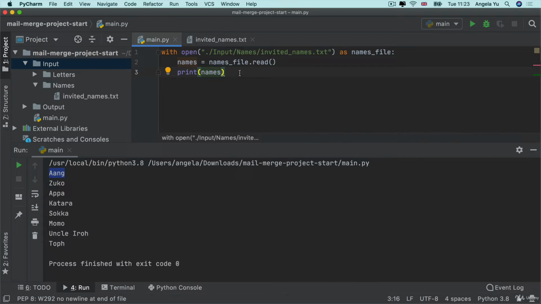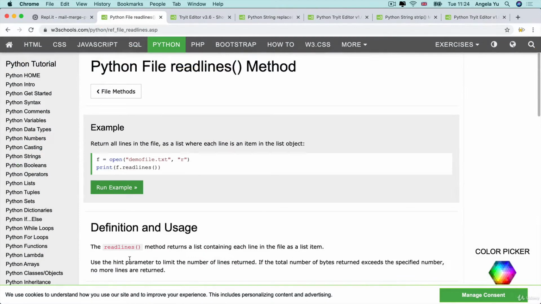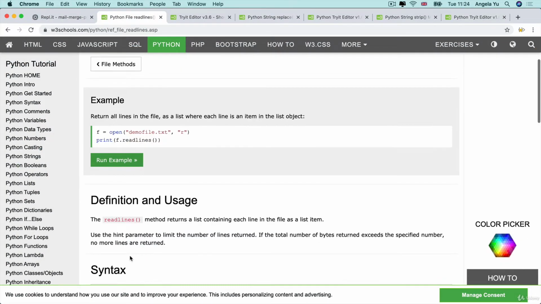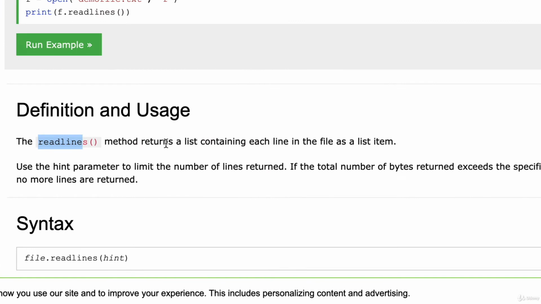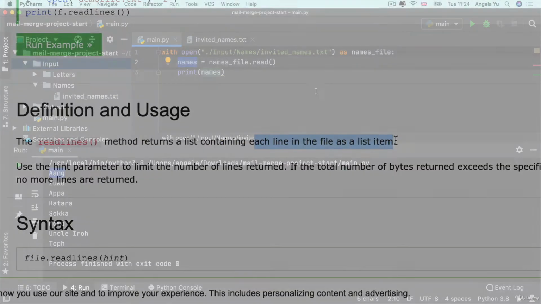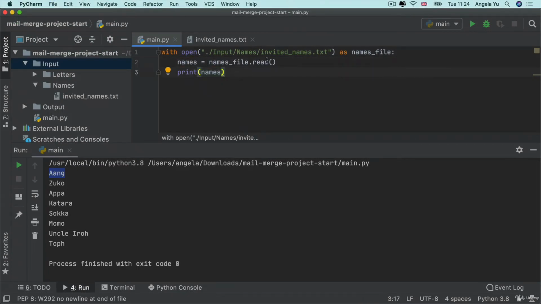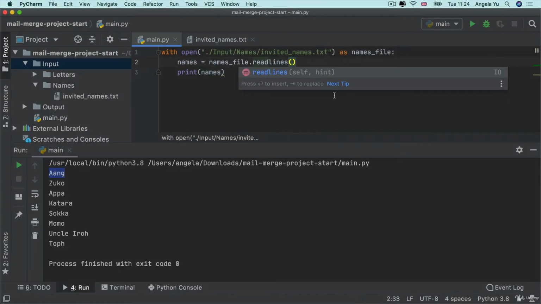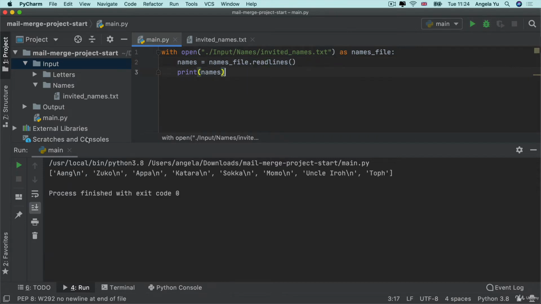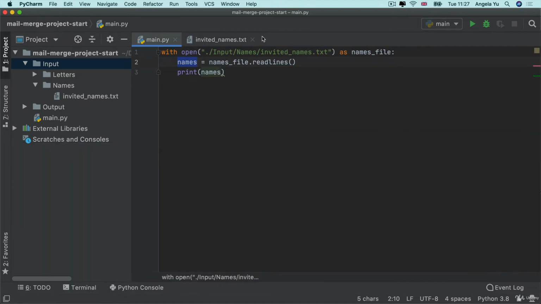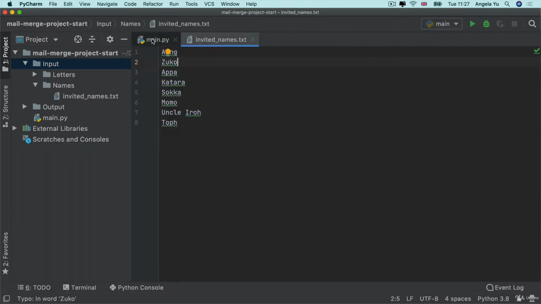Now at this point, I would really like these names to be in the format of a list. So if you remember, that's where this readlines method is going to be really helpful because it returns a list containing each line inside the file as a list item. Now, instead of saying namesfile.read, let's replace that with readlines. Now, when I hit run, you can see it prints out names, and names is now magically turned into a list. So now that we have our list of names, which we've extracted from our invitednames.txt,